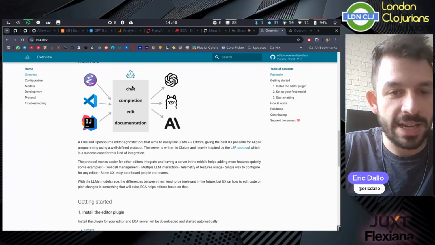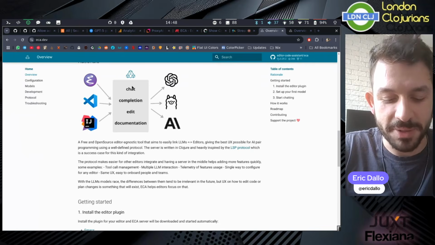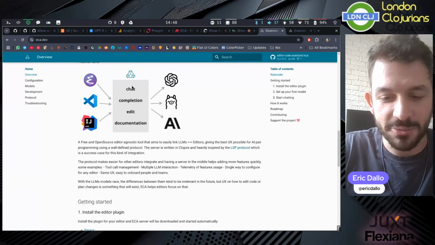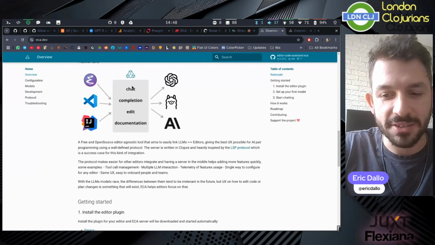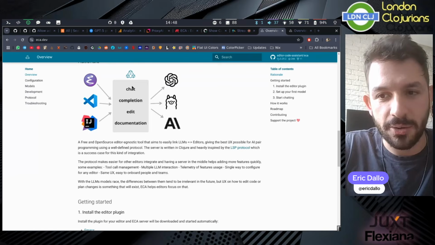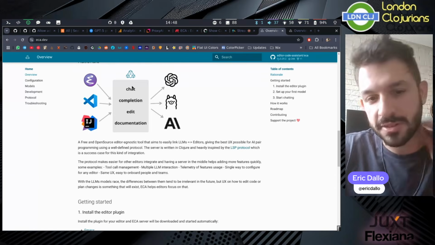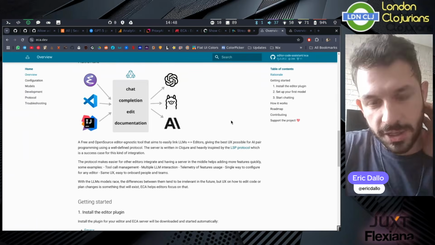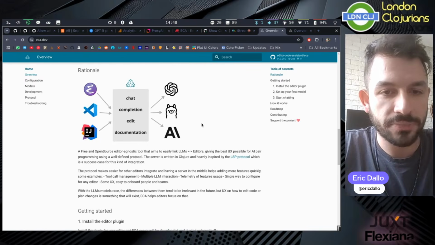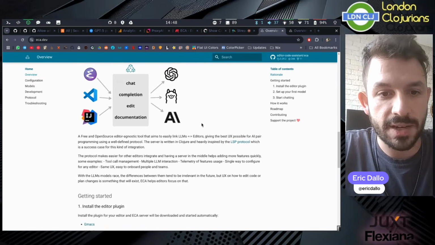And this one is a little bit personal, but I just ship faster with Clojure. I've been using Clojure for a long time, and I just ship things faster because I have the knowledge about the language. So it's a personal decision of mine that helped a lot. So this is the rationale. I don't know if you have any questions related to that, but otherwise we can start checking the getting started